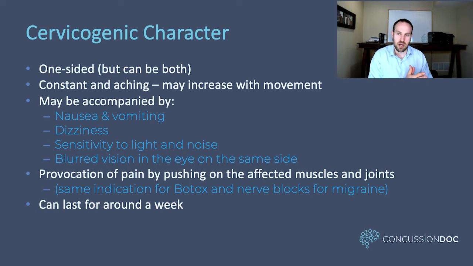So when I have a patient that comes in after concussion, the first thing I do is put them on a treadmill because I'm looking for any blood flow issues that may be leading to that. If they don't have that, then I move into my next phase of things, which is usually some vestibular and ocular motor stuff. And then after that, I'm going to assess their neck. And a lot of what I'm doing is I'm pushing on various tissues and joints to try and recreate the headache. I'm trying to cause the headache.